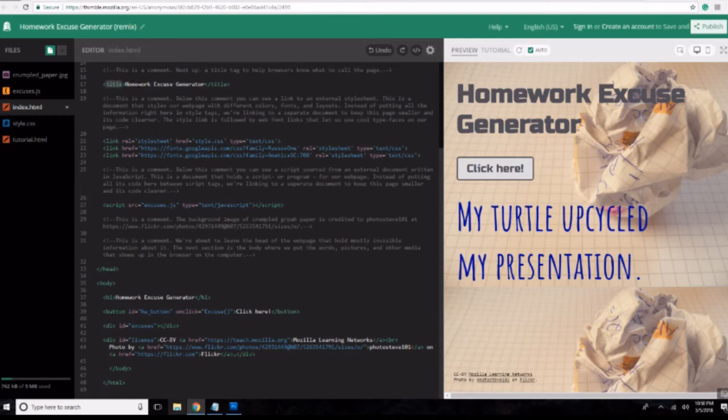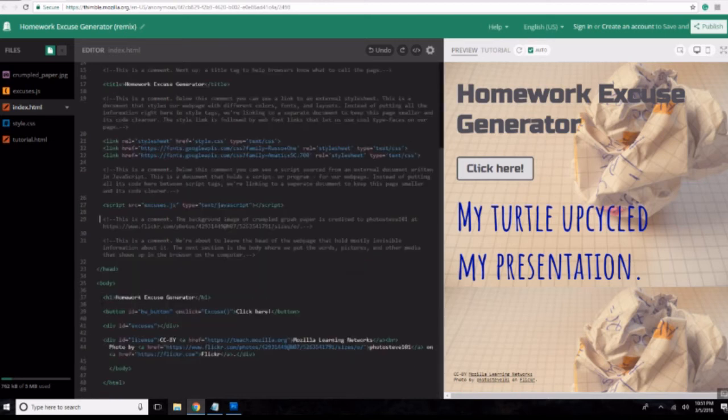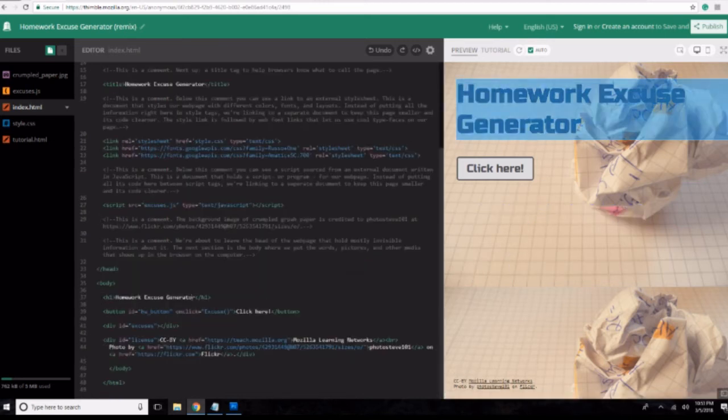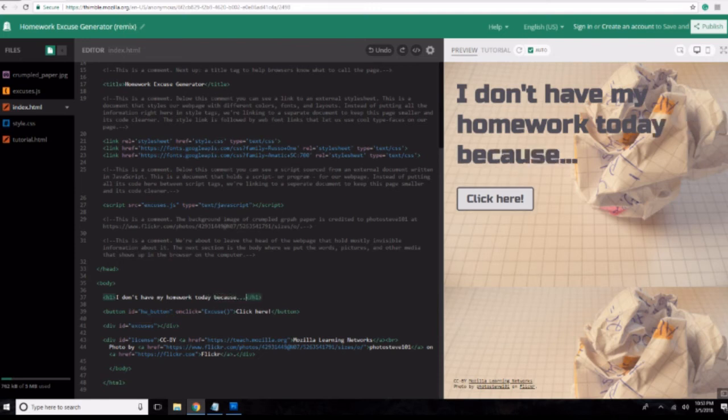So let's say that we wanted to change some text on this page. Instead of having it say homework excuse generator, I'm going to change it to a sentence that says why I don't have my homework today. So to do this, you'll scroll down to the body of the page and you'll find the H1 tags. The H1 stands for heading 1, and that's the heading that's at the top of your page. To change the heading, simply remove the text that says homework excuse generator and type in a new sentence. So for instance, I'm going to type in, I don't have my homework today because,